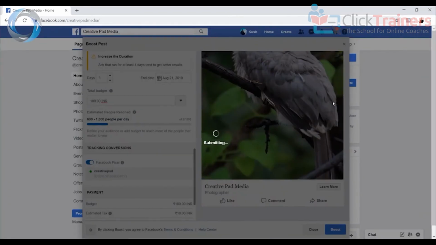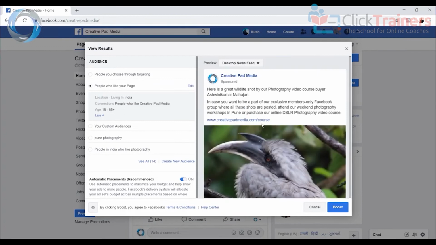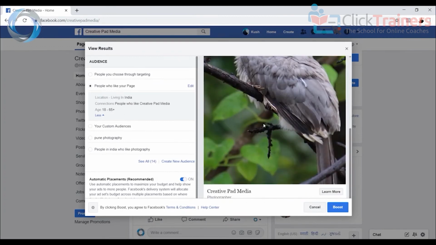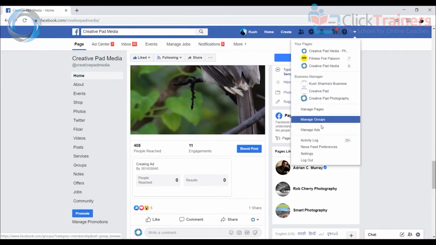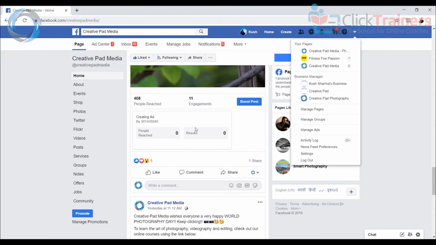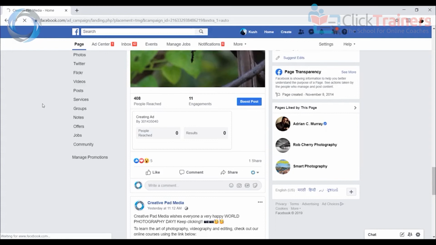So Boost Post ads are very, very easy and quick to create, and they can be really effective to increase the reach of your page when you find it's not reaching many people, and it's an important post on your page that you would like to promote. And you can check the performance of this post from here. Right here, it shows you how many people it has reached and how much it costs, or you can go back to your ads dashboard